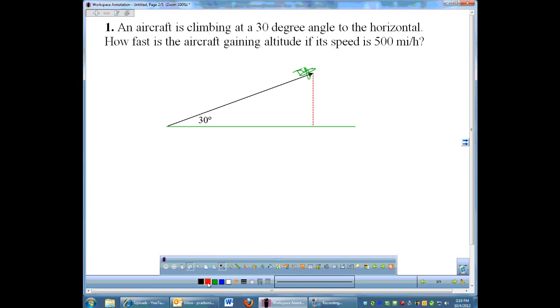Now that's a rate of change. Something is moving at 500 miles an hour. So I've got to figure out what is it that is changing at that speed, and that would be the hypotenuse. If the plane is moving in this direction, then this length right here, which I'm going to call P for plane, is increasing at 500 miles per hour. So I have some rate